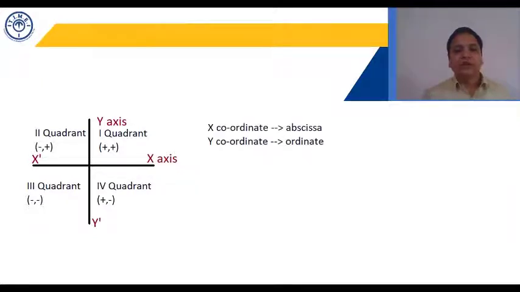Moving further, x coordinate is also termed as abscissa. Y coordinate is also called as ordinate. And whenever we denote a point, we write first x coordinate, that is abscissa, comma followed by y coordinate. Basic description, any point, suppose point is given as 2, 3. So 2 is for x coordinate, 3 is for y coordinate. X coordinate is also called abscissa and y coordinate is also called as ordinate.